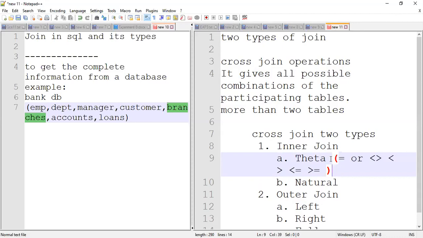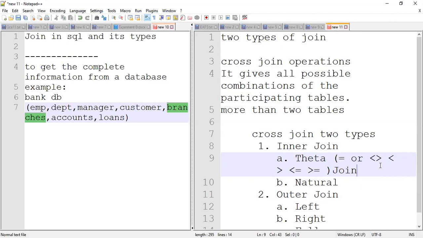And this is inner. So theta means that in any join operation you require any one of the operators, and this is called a theta join operator. Usually this is classified into two. See here, what is the difference? The first operator versus the other operators: the first operator is equal, and the others are not equal, that may be less than, not equal to, greater than, less than or equal to.